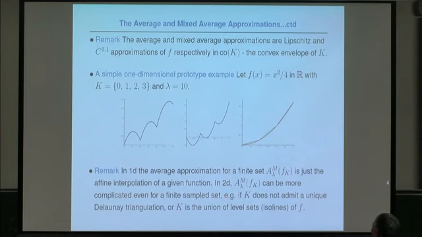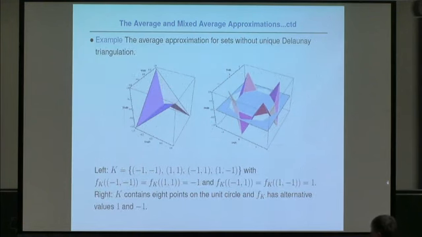But the thing is, when there are degenerate cases in Delaunay, you have to decide what to do for the interpolation, right? But this one will automatically give you an interpolation by itself. So these are again explicitly calculated